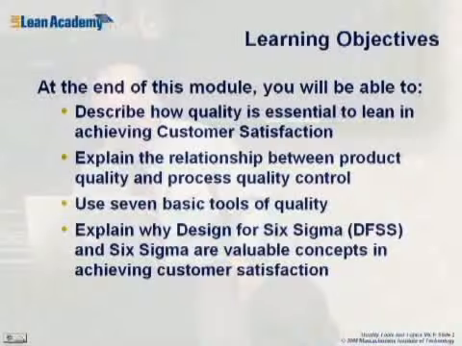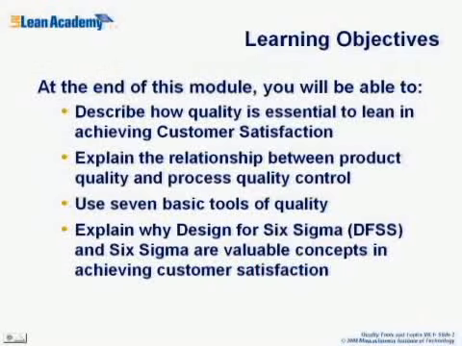So of all the elements of achieving a lean enterprise, quality is critical. It's quality in accounting data, quality in everything. I'll say this about 10 times, and if you give me a low mark for being repetitive, I'll take that, because it's for emphasis. Very, very important. So we're going to talk about how quality is essential to achieving customer satisfaction.